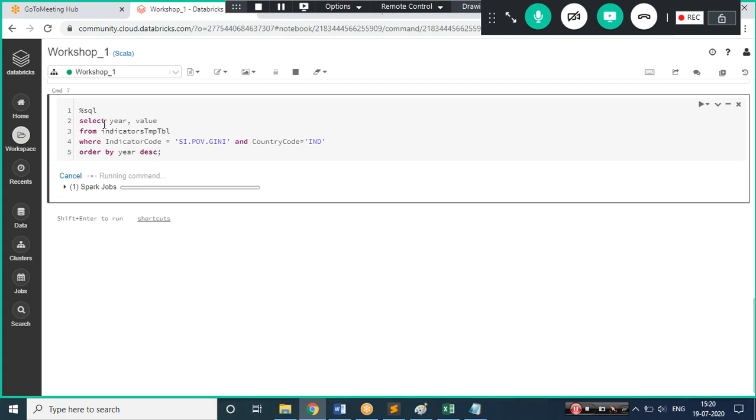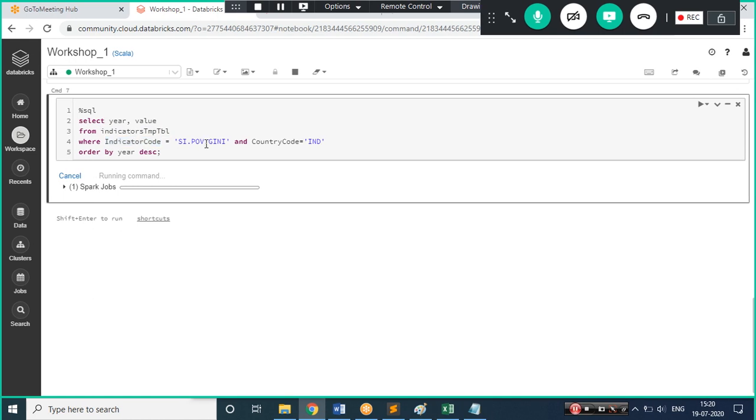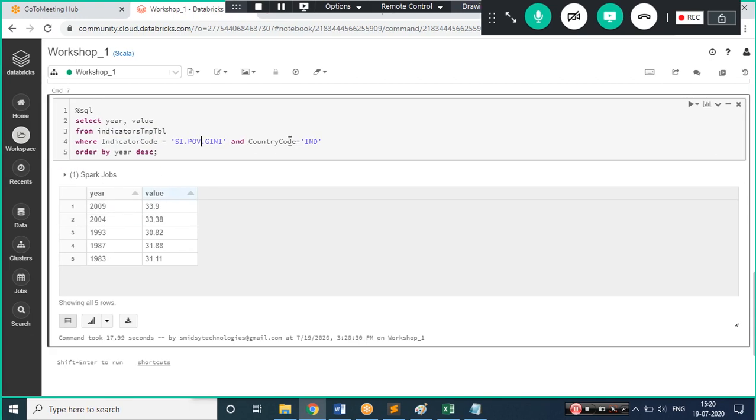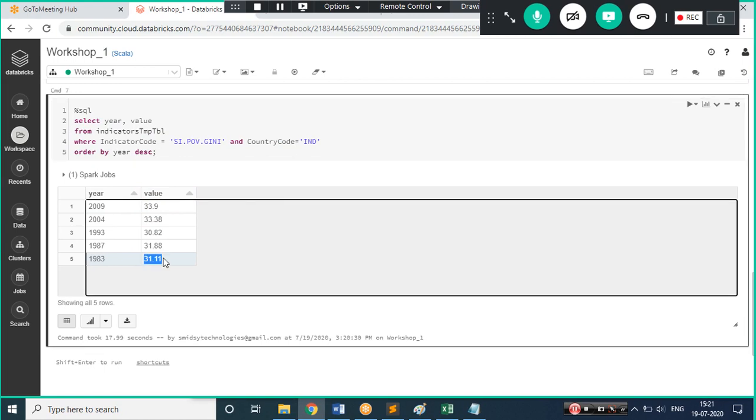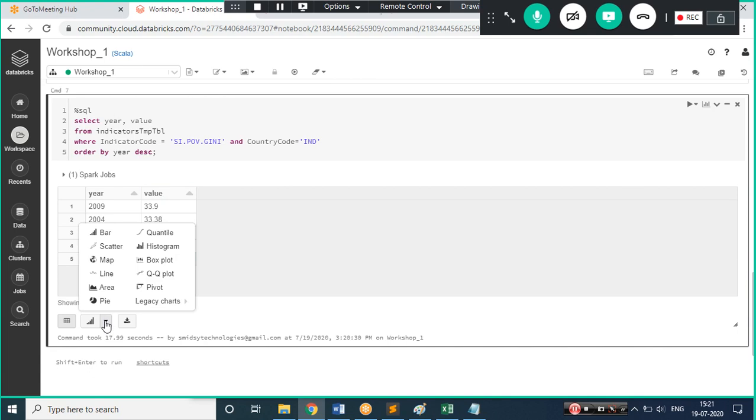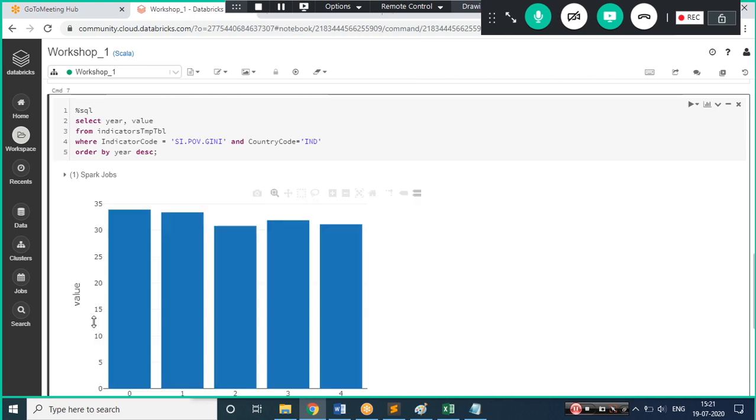So what I'm trying to do is just fetch two columns from this table. I know these codes, like the Gini code, the unemployment code, and the export and import codes, so I am aware of these codes, hence I'm writing it in a simple SQL language first. So this is the data. What we are getting is that in 1983 this was the value, the percentage or the equality of my distribution on the basis of income.